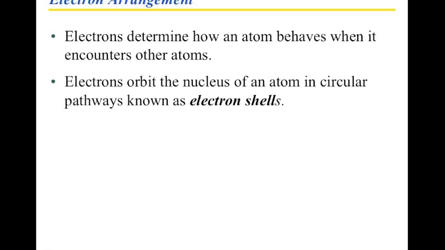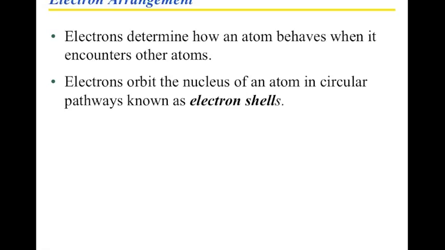The outermost orbit of the atom is known as an electron shell. You have these electrons zooming around, and as they zoom around, they form this electron cloud. It's a spherical surface area that they can zoom around on, and that is their electron shell. I don't know why they call it a shell. It's sort of like a nutshell or an eggshell. But if you consider that basketball example, the surface of a basketball would be the possible pathway for these electrons to zoom around.